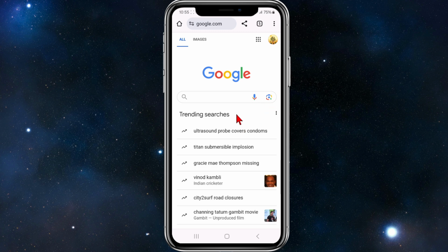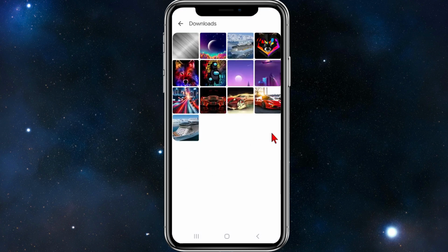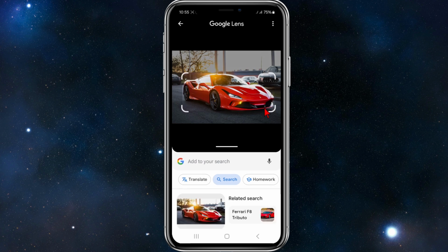To search for an image, click on the camera icon, access your photos, and then go ahead and choose a photo you'd like to search for. So I'm going to go ahead and do this now. Alright, I'm inside my files, so what I want to do is search for this car, and now I'm going to click on search,